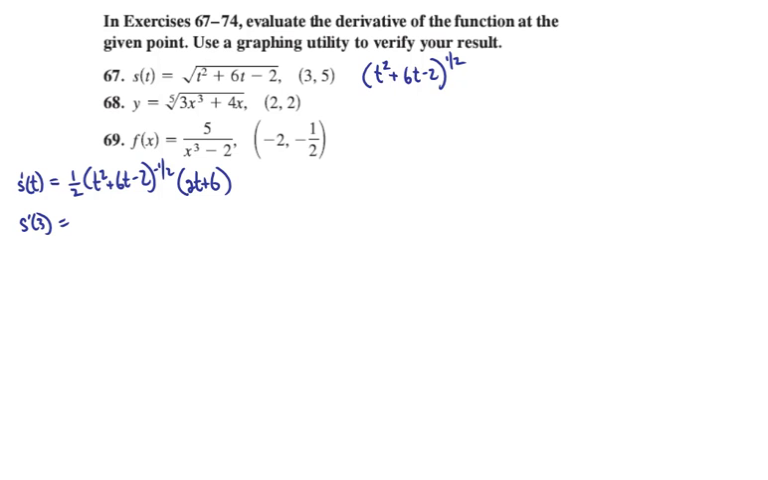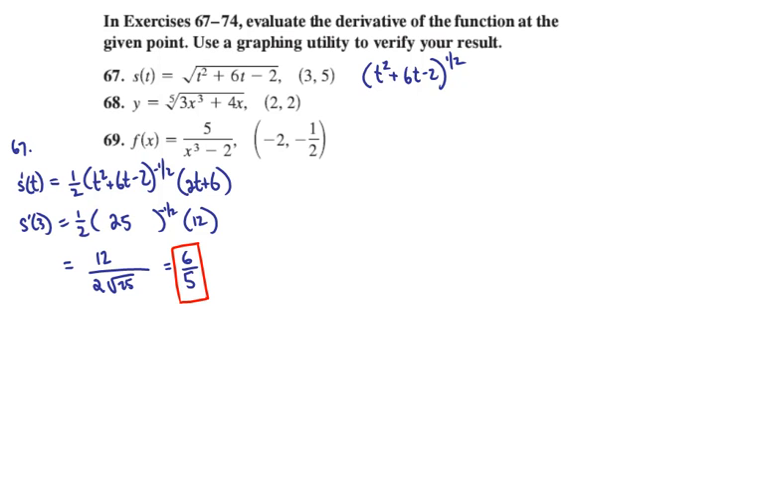simplification, we can go ahead and start plugging in. So when t is equal to 3, t squared is 9, 6t will be 18, so that's 27 minus 2 is 25. To the negative 1/2 means 1 over the square root of 25, which will be 1/5. But we'll go ahead and plug in t equals 3 into 2t plus 6: 2 times 3 would be 6 plus 6 is 12. So this works out to be 12 over 2 times 5, and so,